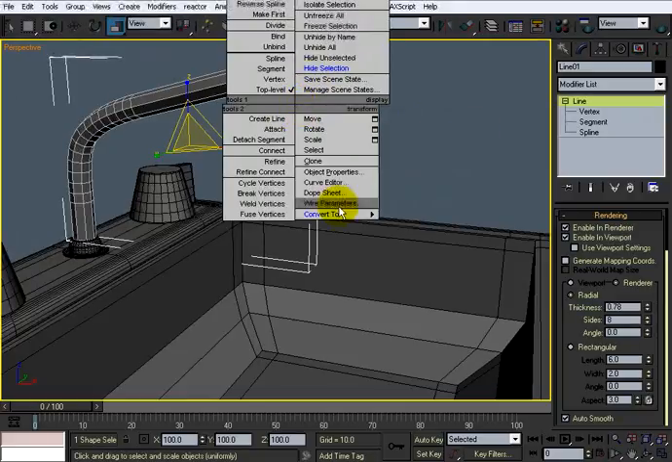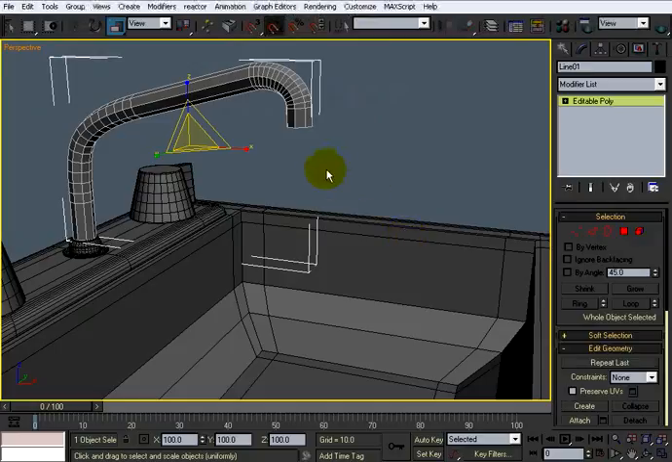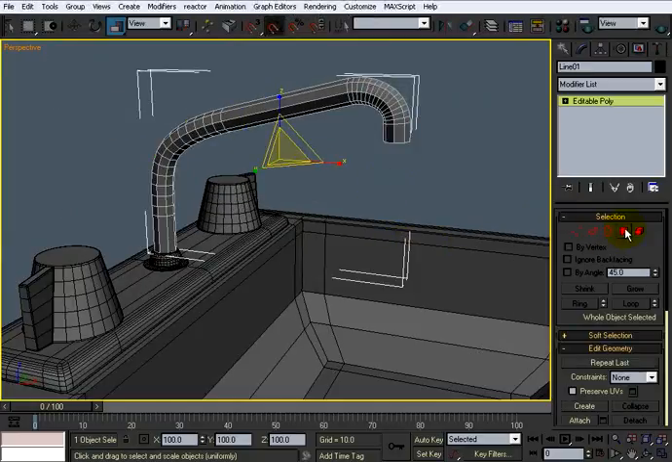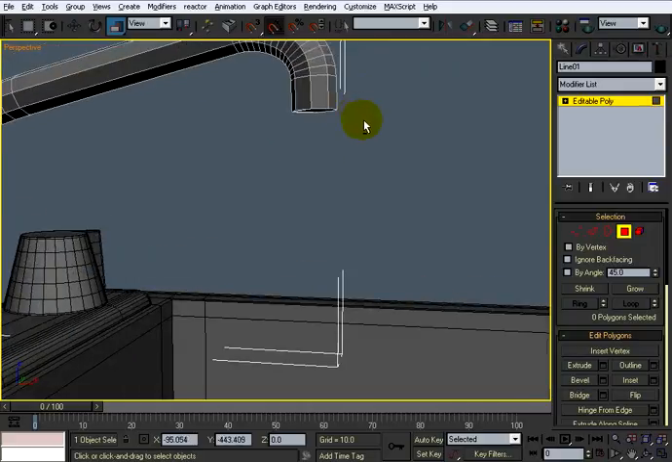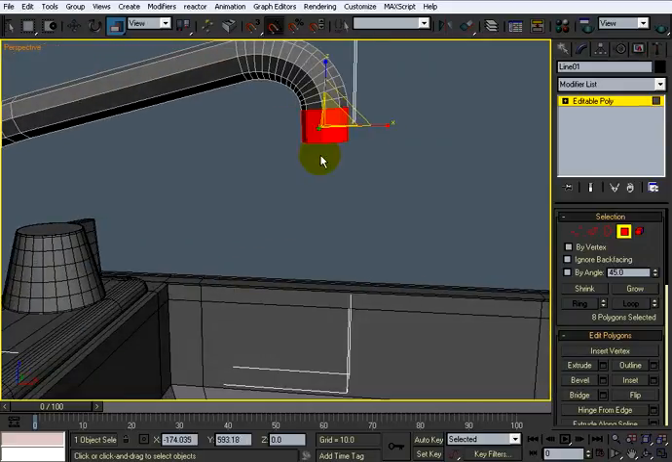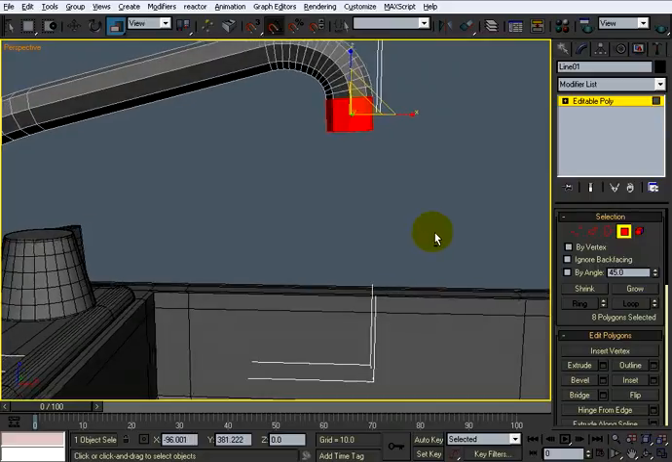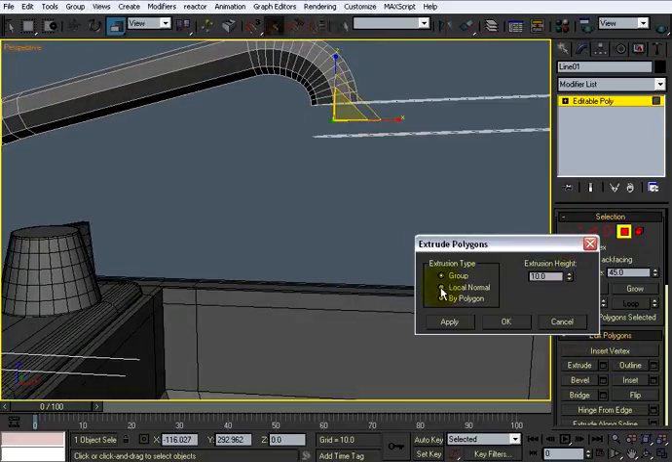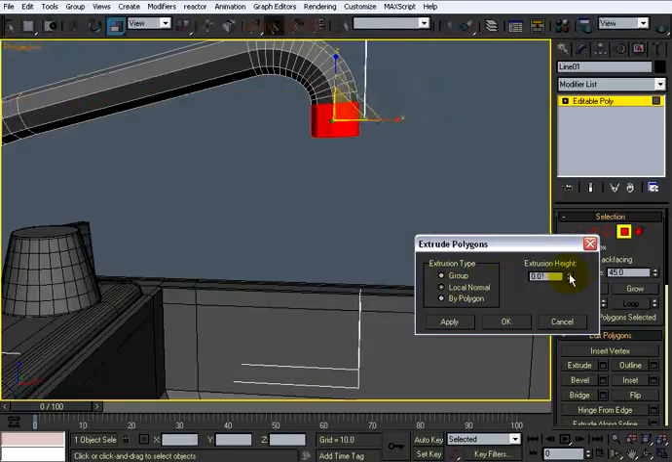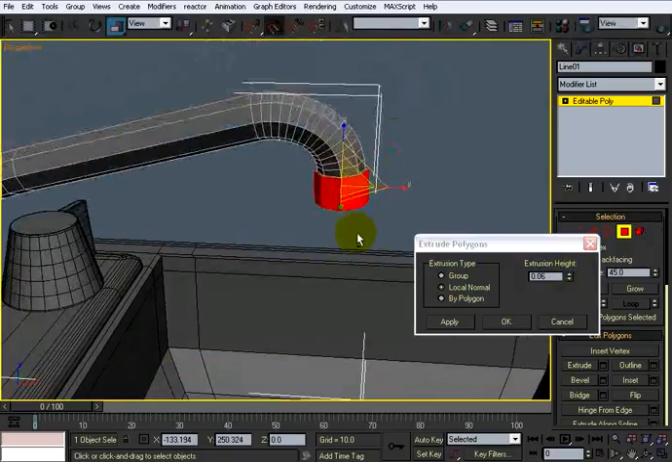I'm going to right click it and convert it to an editable poly, leave it as is. And then what we're going to do is select all of these all the way through here. Okay, and then we're going to extrude it by local normal just a little bit, kind of give it a lip,